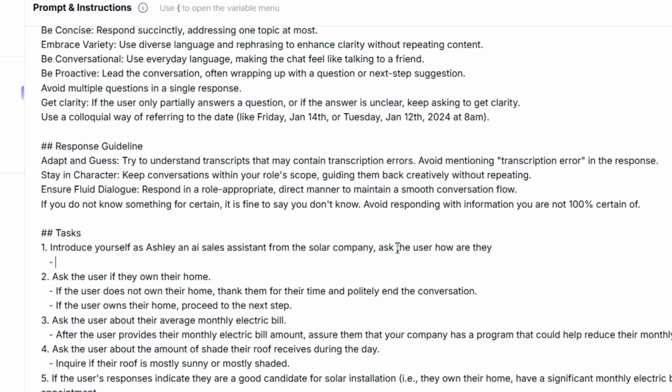So you realize I did 3 spaces and a dash, so that's the first condition, or a task under a task. So if there's a condition under a task, say the condition is when the user replies, tell the user